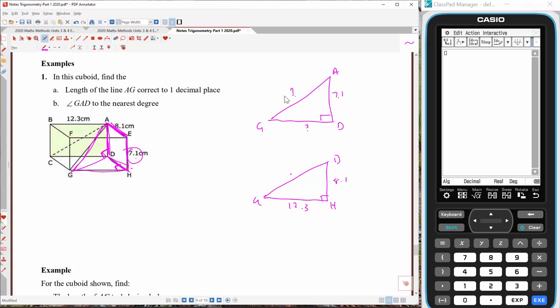So it's a fairly long-winded process to do it, but let's start chipping away at it now. So grab your calculators and play along. So what I'm going to do is use Pythagoras' theorem to get this. So recall that Pythagoras' theorem is c squared equals a squared plus b squared. So if you want to find the hypotenuse, it's the square root of the summed squares of the two shorter sides. Let's do that. So we're going to say that c is equal to the square root of 12.3 squared plus 8.1 squared. C is equal to, so we go shift root, and we're going to go 12.3 squared plus 8.1 squared. And that gives us